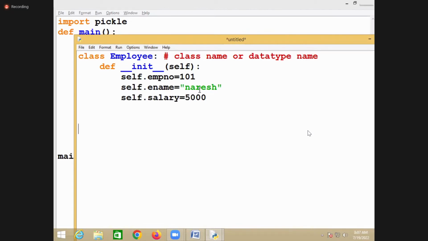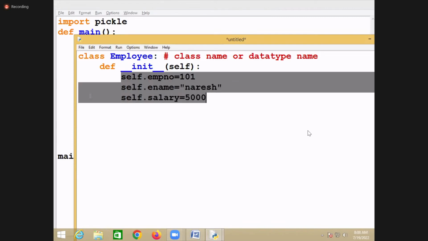The first one is employee number, the second one is employee name, and the third one is salary. Right? Three properties are there.